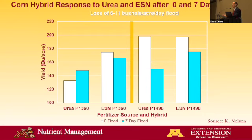I mentioned that moisture in the soil is a big driver for nitrogen loss. And when you look at the nitrogen cycle, a big component is weather. This is some data from Kelly Nelson in Missouri, where they have claypan soil, so very high potential for nitrogen loss through denitrification, very wet conditions. And they did this study where they compared no flood versus flood. They flooded the field purposely for 7 days, and they compared that versus just normal field conditions